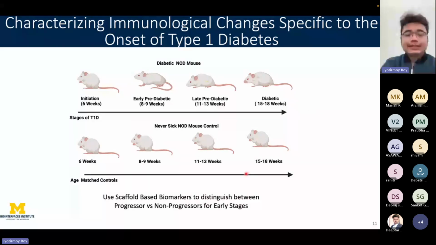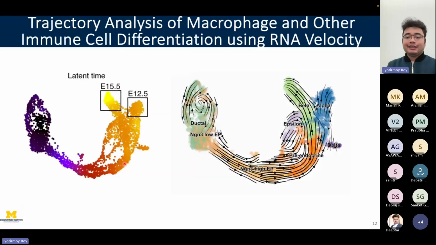So what we're doing is using scaffold-based biomarkers to distinguish progressor versus healthy or non-progressor mice for the early stages. We are extracting their pancreas, isolating the immune cells, doing FACS sorting, and then running single cell RNA sequencing on them to identify the immunological changes in these mice. So what we plan to do with this study, and this is currently in process, not yet done,